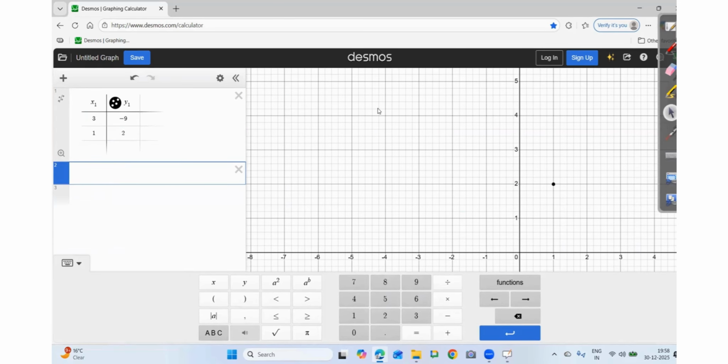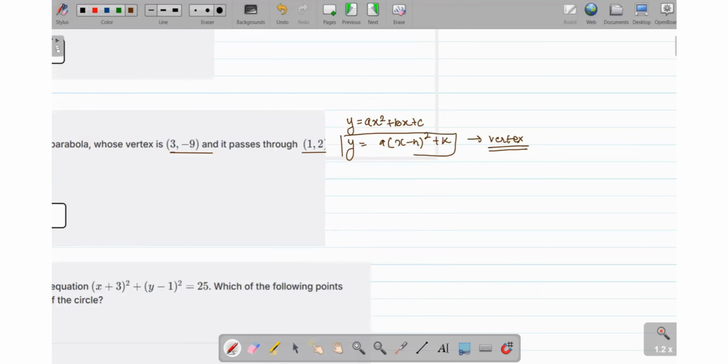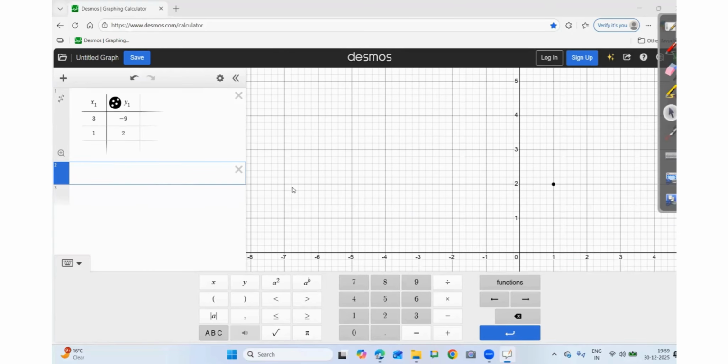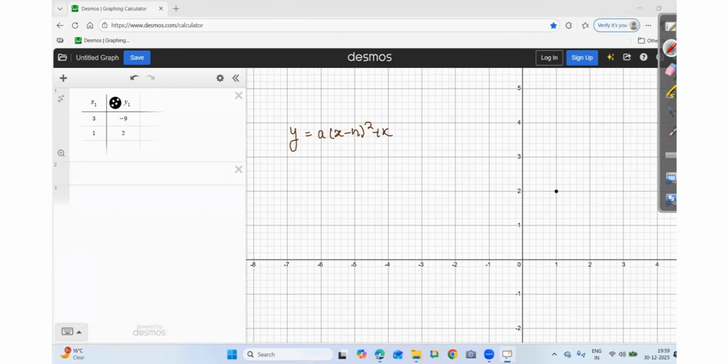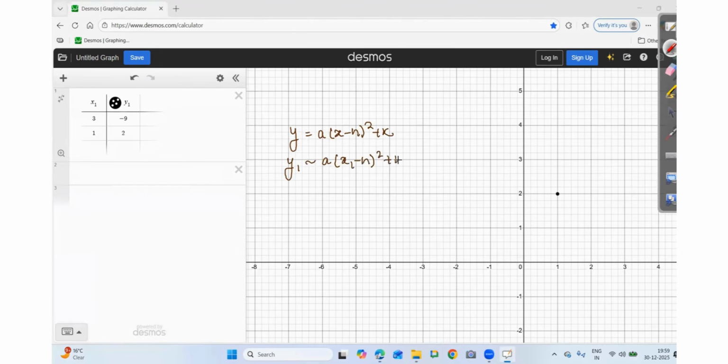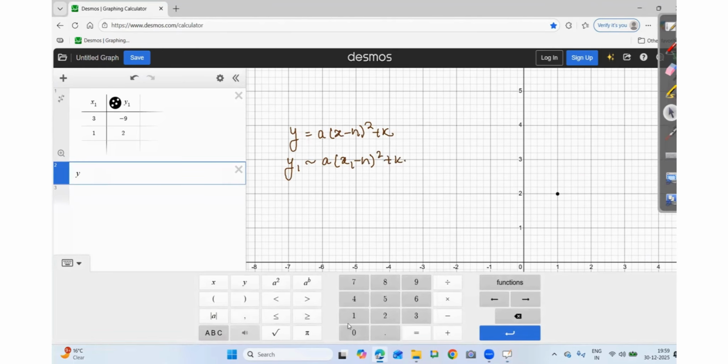Now, the catch in this question is the vertex is given, so we will be using the vertex form, not the standard form. So the vertex form of the parabola is nothing but y is equal to a(x minus h) whole square plus k. But I have told you that you need to replace y with y1, equal sign with equivalent, x with x1. Again, I'll put y1 equivalent a x1